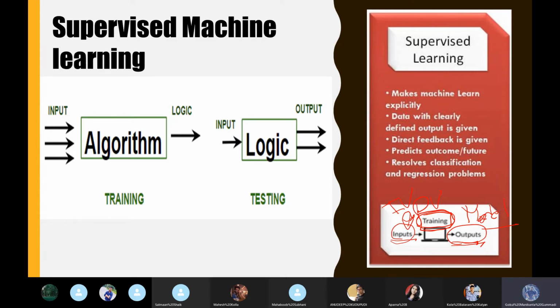Because we don't have the right data to test the model after generating it. Let's say I have 100 observations in my data set, and I'm using all 100 observations to create a model. After creating the model, where should I test it? I don't have any other confirmed data set to test it on. That is why I'm splitting the data I already have into two different parts. One part I will use for training, and the other part I will use for testing.